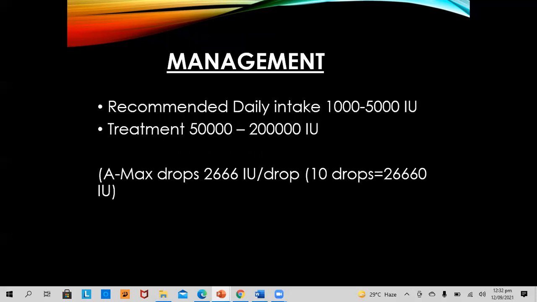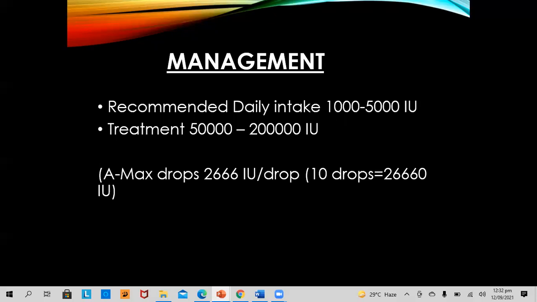Management. The recommended daily intake of vitamin A is 1,000 to 5,000 international units. And for treatment of deficiency diseases, we have to give vitamin A around 5,000 to 200,000 international units daily. Now,